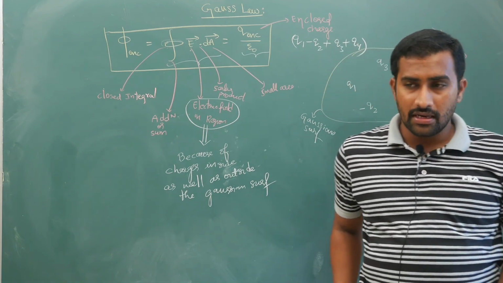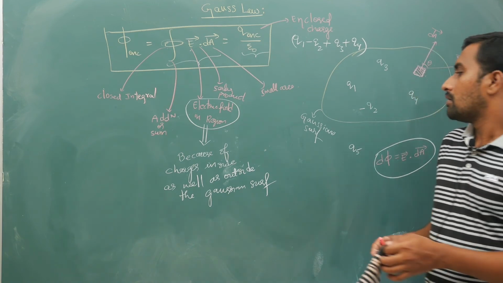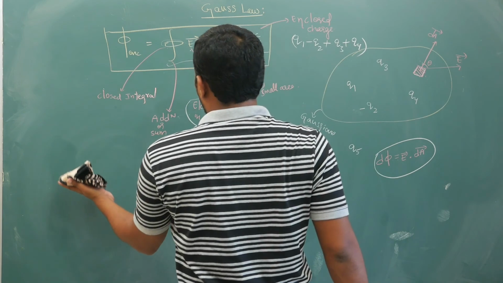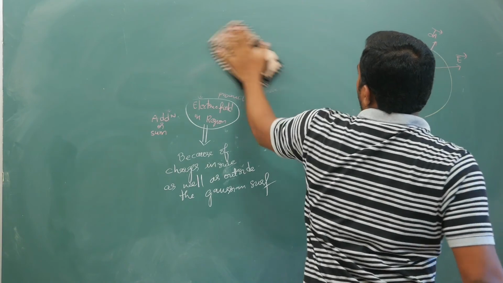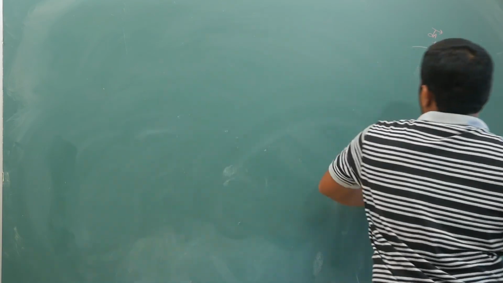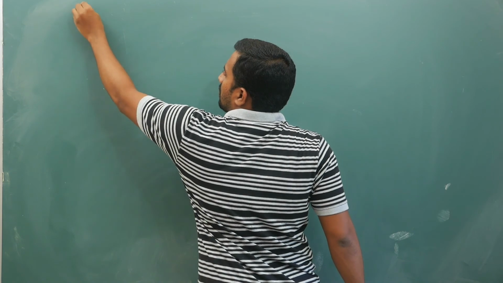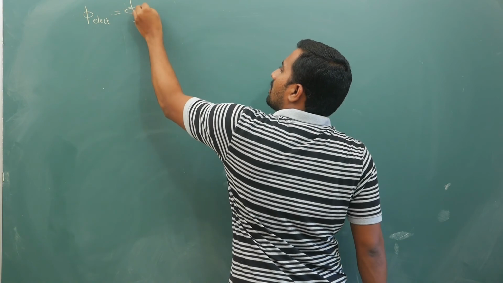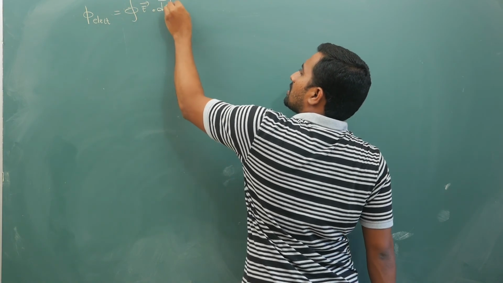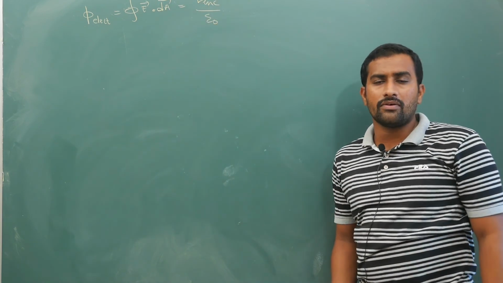I am continuing from here. I will erase this part. Now I will keep elaborating a little more. This is your statement. So what is the advantage of this? I will tell you. Now if you take this statement of Gauss law, your electric flux is the closed integral of E bar dot dA bar, and that is equal to Q enclosed by epsilon naught. Now this is your statement of Gauss law.